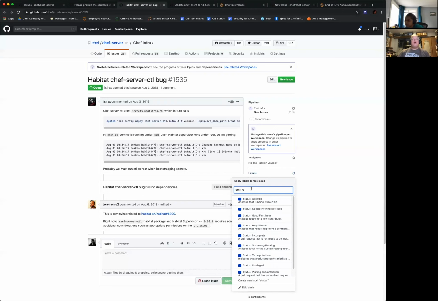Since I have the other one up, 1536, I'm going to add aspect packaging to it for you. Oh, thank you so much. So there is a status, to be prioritized, which indicates the product needs to prioritize this. Yes, and I think that's exactly where we want to talk about this. I think this wasn't a label that we spoke to Josh about.